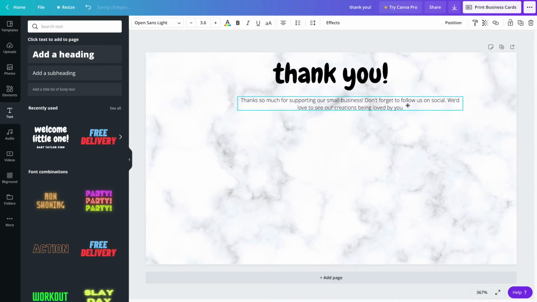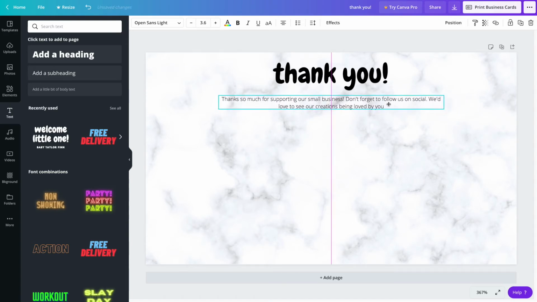And keep in mind, this is only a business card, so because it looks kind of small on your screen, it won't actually look that small on the printed business card. Okay, now that we found the center of our business card again,